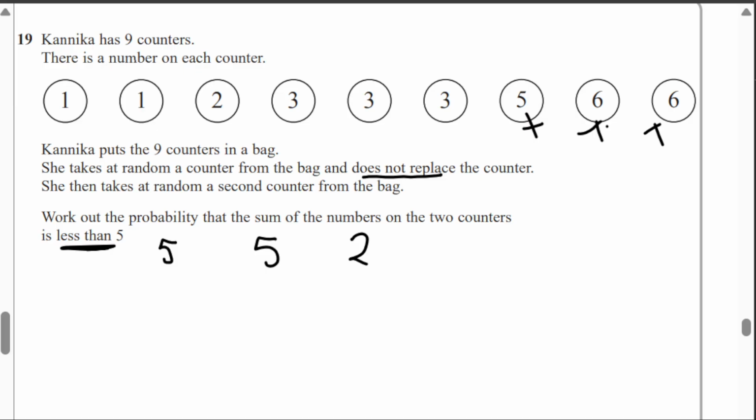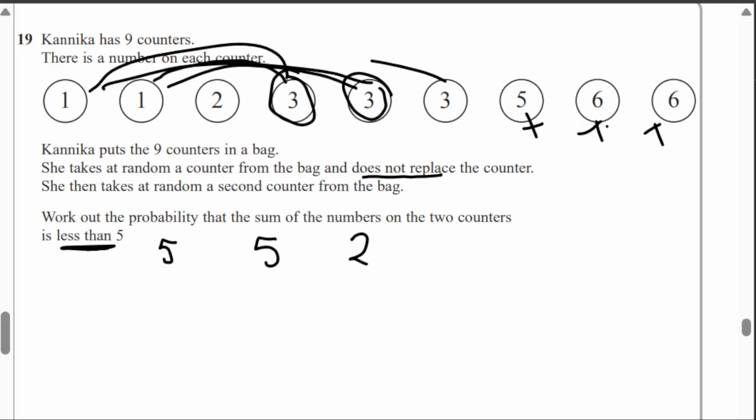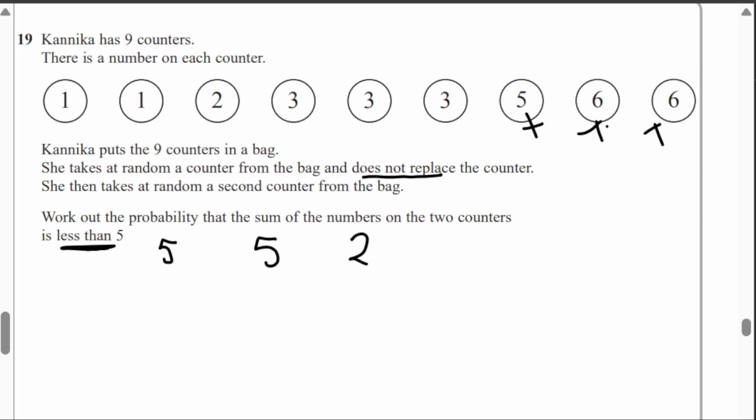Now, let's look at the 3. This 3 can go with this one and this one. It can't go with 2. It can't go with 3 because then it will be more than 5, isn't it? So there are 2 ways for this specific 3. For this 3, there will also be 2 ways to choose, and for this 3, 2 ways to choose. So each 3 has 2 ways of choosing. So it's 6 attempts. Now if we add these, 5 plus 5 plus 2 plus 6, it gives you 18